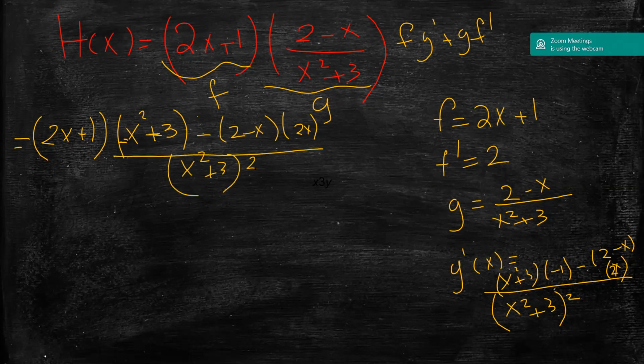Then all of these plus g, which is 2 minus